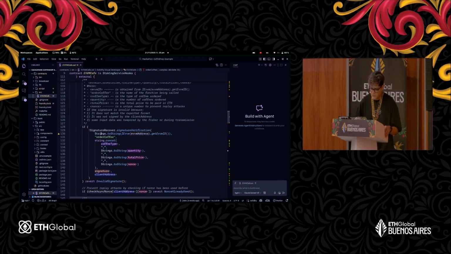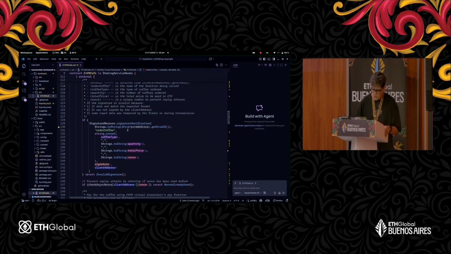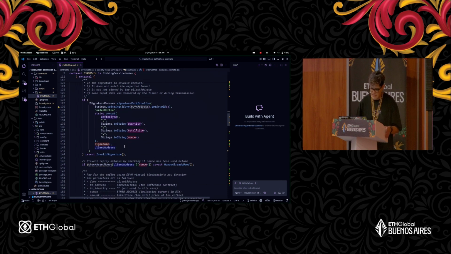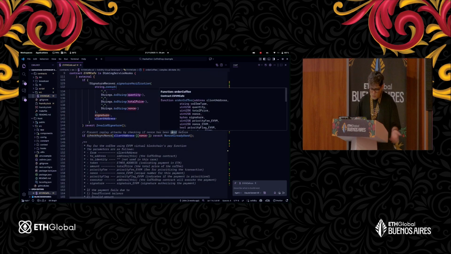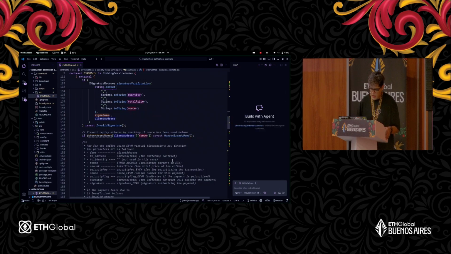They have this library called signature verification. You can find this too on npm. The only thing you need to do is put your EVVM ID, the function name, and a string concatenation of all the inputs. After this, we check the nonce in the service